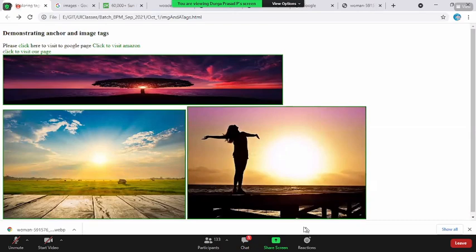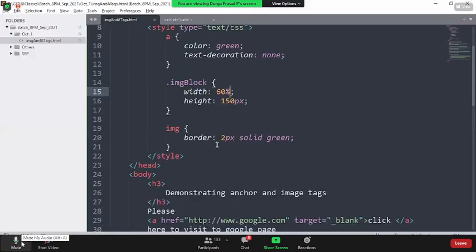Next. Sir, will screen reader read the title value or alt value, sir? For image, if you have title and alt, what does it read? Title is something called, when you mouse over on it, it will show as a tooltip. So hope everyone is clear with the anchor tag and the image tag.